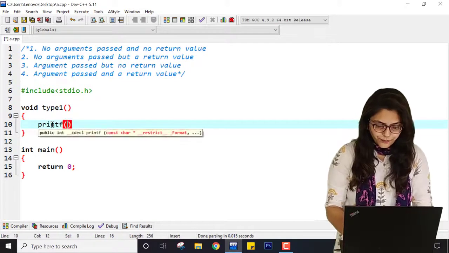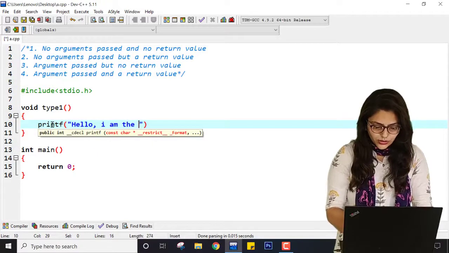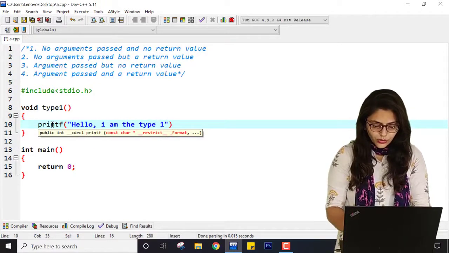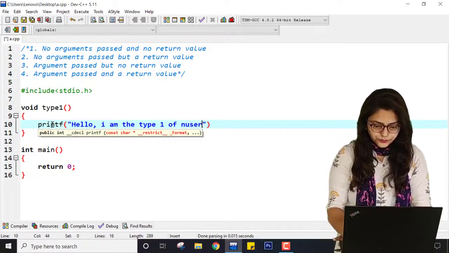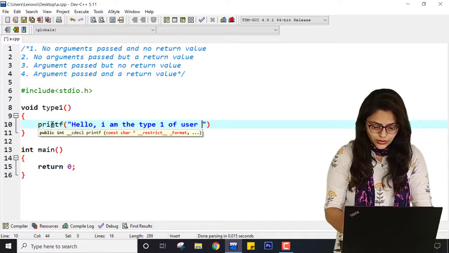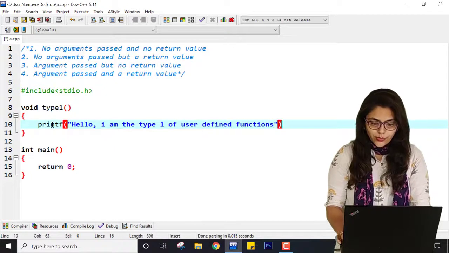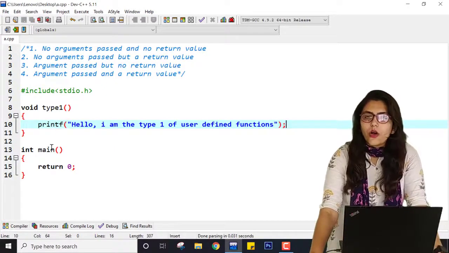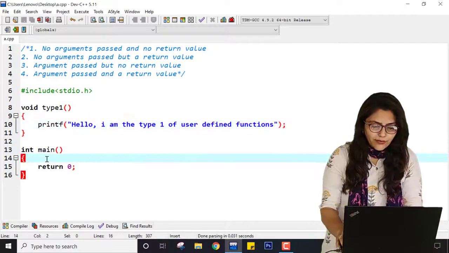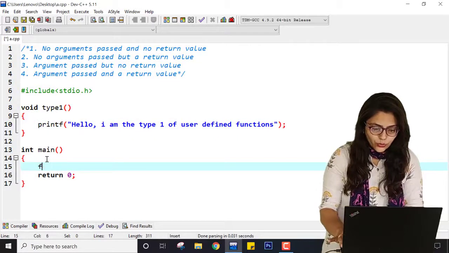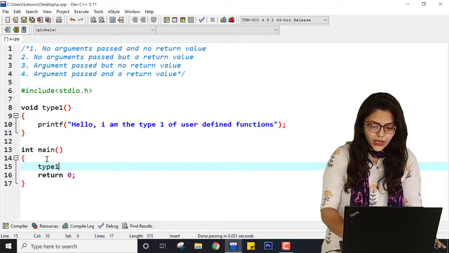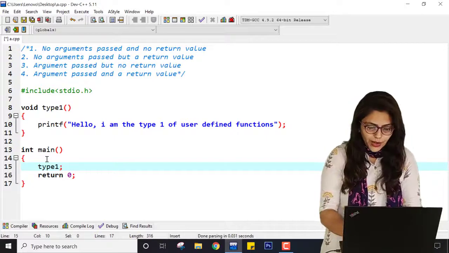So printf hello, I am the type 1 of user defined functions. It will print hello, I am the type 1 of user defined function. Whenever I am calling it, I do not need to pass any value.